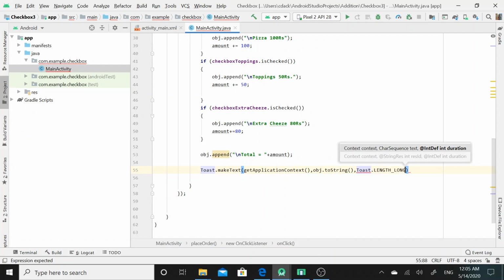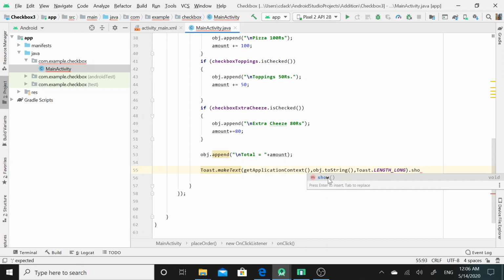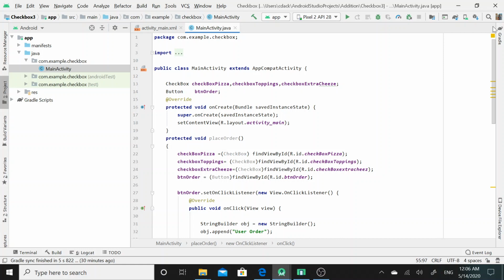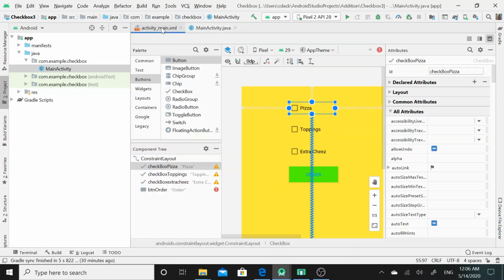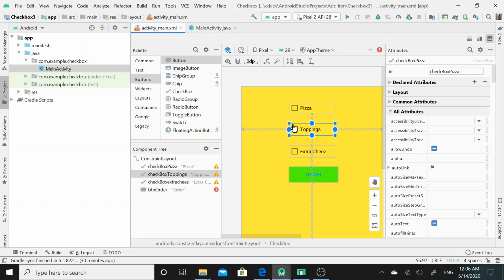So this would determine the amount of time to display that result message, and with the help of the show method I will be able to do that. So all the actions have been performed successfully.